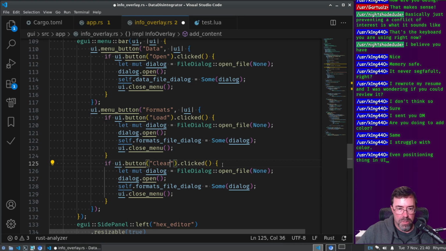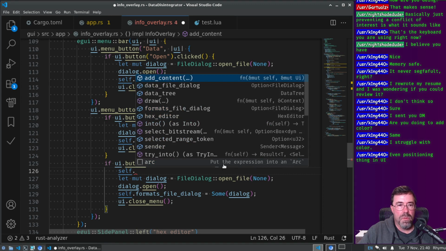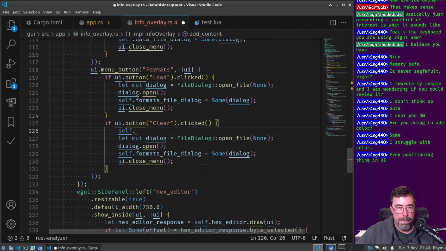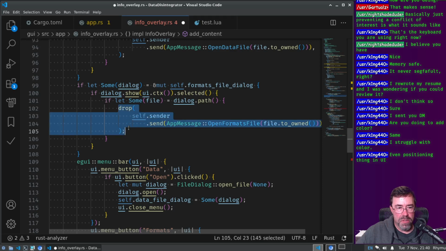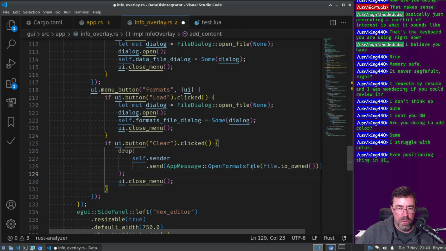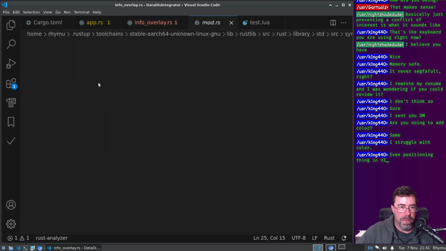So the way clear will work is I need to do self dot, this is the info overlay, right? We have to actually send a message to the app. We got to do one of these to tell the app to clear its formats. So clear formats. I'm being very sneaky here. All right. This sender is from the